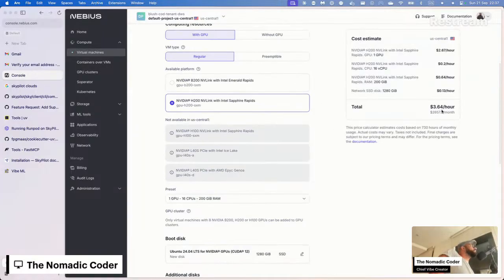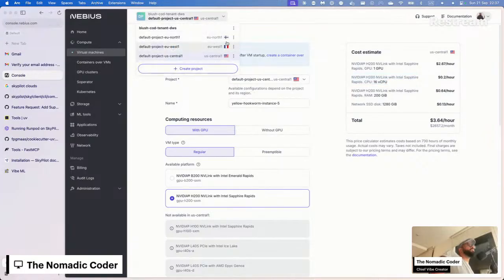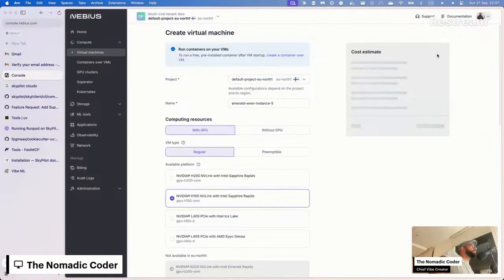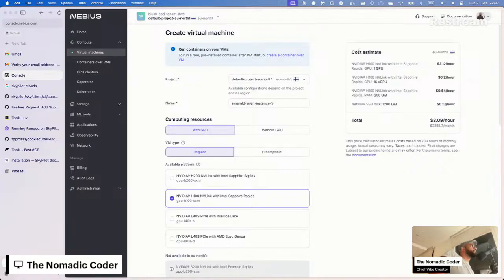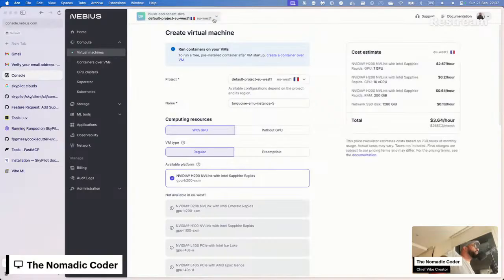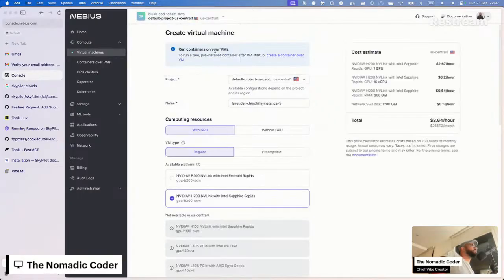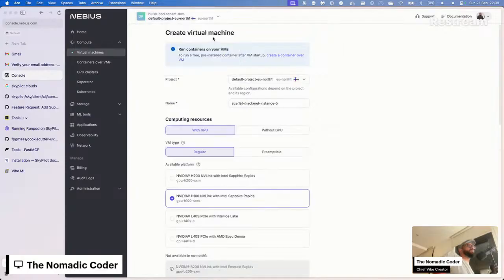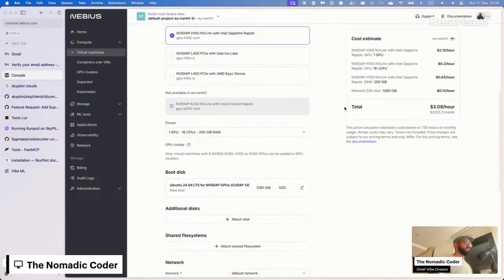Or EU North 1. Cheaper. What? How's that even possible? EU's cheaper than that. I guess I'm going EU North 1.